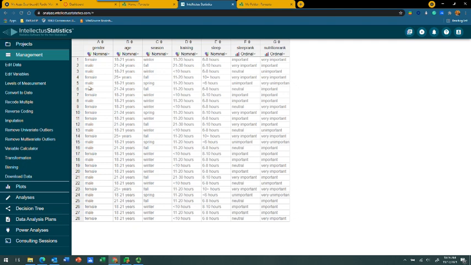So in this case, we're going to be using for our independent variable gender, broken into male and female categories. And then we're going to look at some ordinal data where the individuals are asked to rank the importance of getting a regular night's sleep. And they ranked it from very important to unimportant. And so we want to try and determine if there's a difference based upon gender in how they rank the importance of sleep. And so our sleep rank is going to be our dependent variable